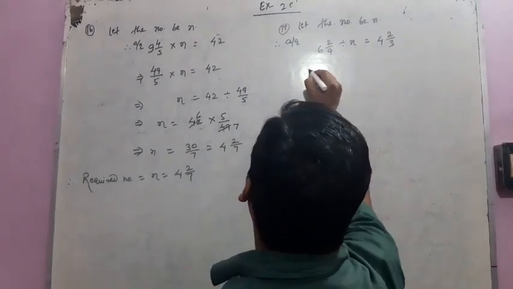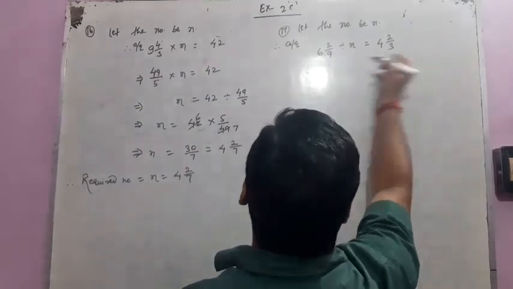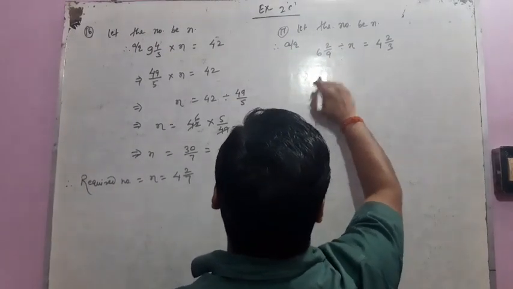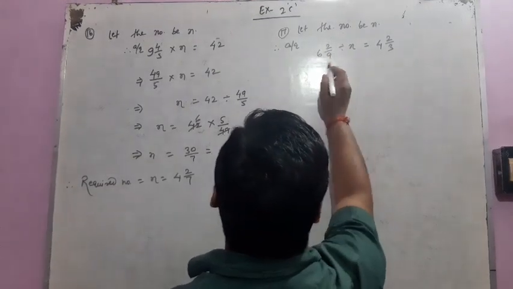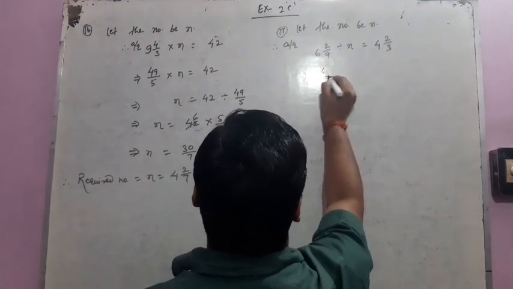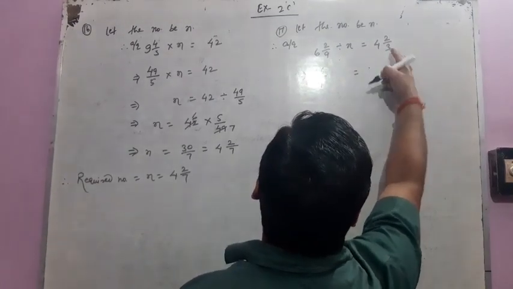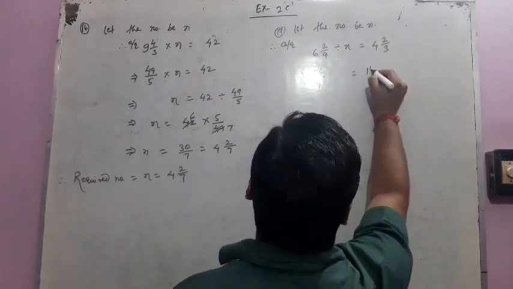Okay. Now x is here in divide, so when we change the side of x, it turns into multiply. First we have to solve this fraction. 9 6s are 54 and 2, 56 by 9 is equal to 3 4s are 12 and 2, 14 by 3,